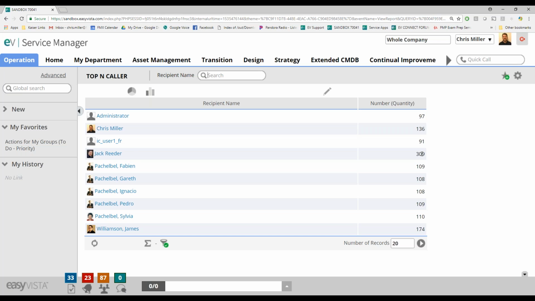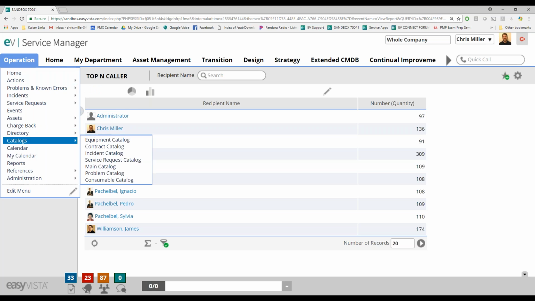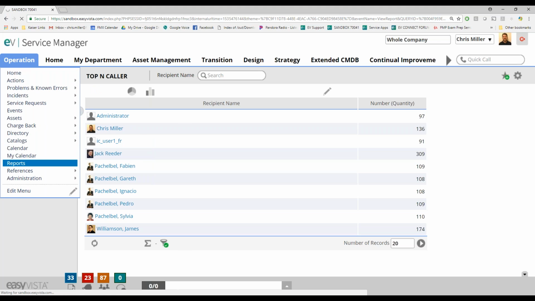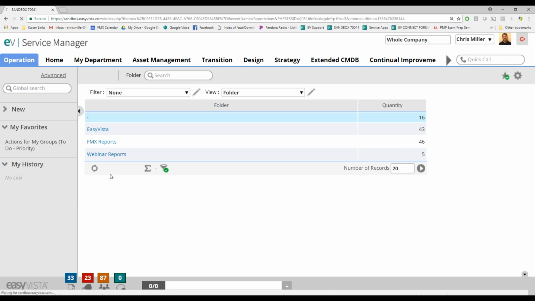So in either case, the logic is simply just show me. It is what is called a nested query, where we say, here's the query that says, show me the top 10 callers over a period of time. Show me top 10 categories over a period of time. And that allows us to say, all right, show me all of this stuff in a report. One of the other reports that we use